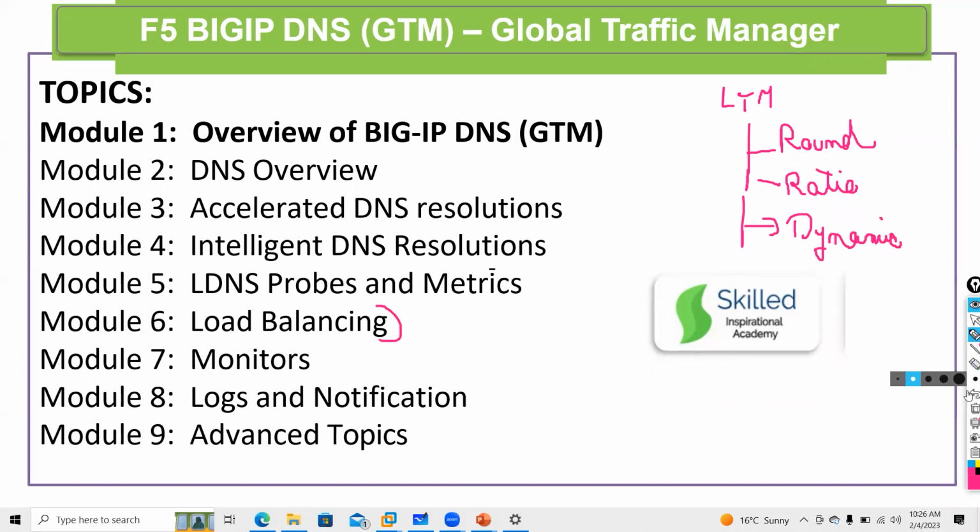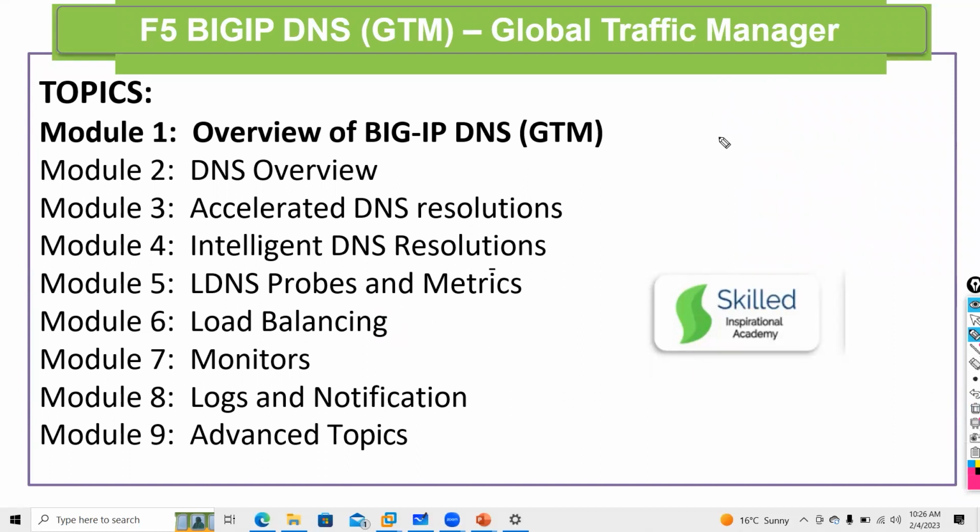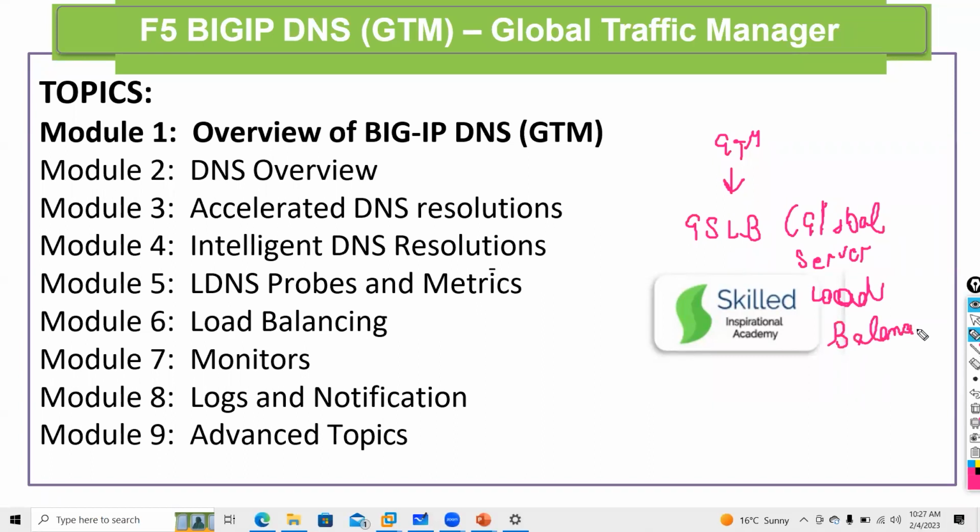So when I talk about GTM, guys, in GTM, your load balancing is called GSLB. That is called Global Server Load Balancing.